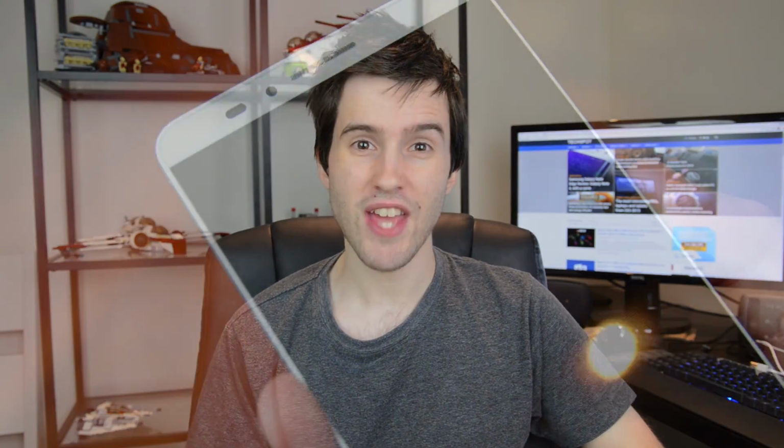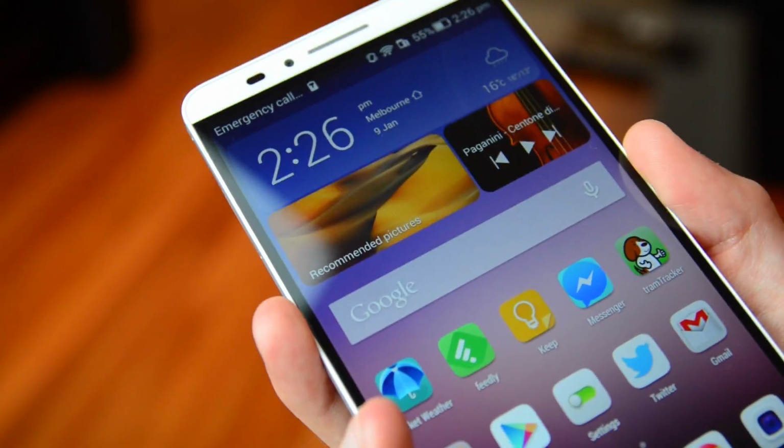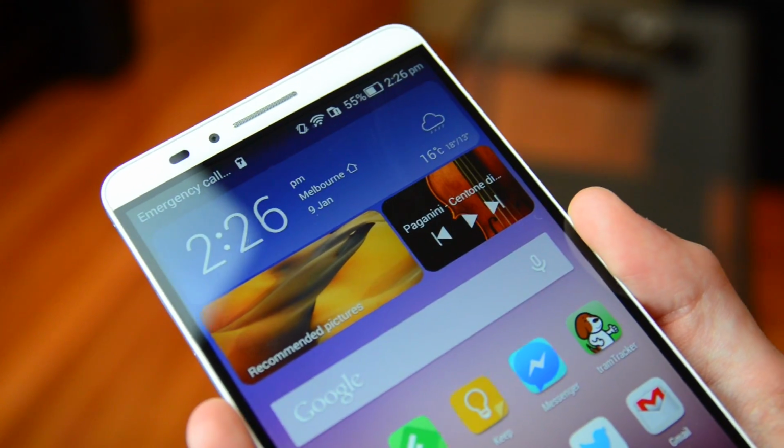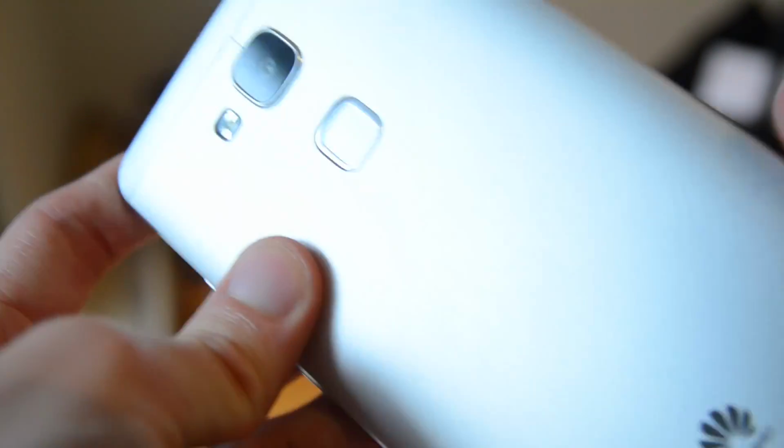That said, you get things like a fingerprint sensor, which is actually functional. You can simply tap on it and it will unlock and open this device without any sort of error messages, or at least not usually error messages like I experienced on the Galaxy S5. It also comes with quite responsive power buttons on the right hand side, which you can press in a perfectly